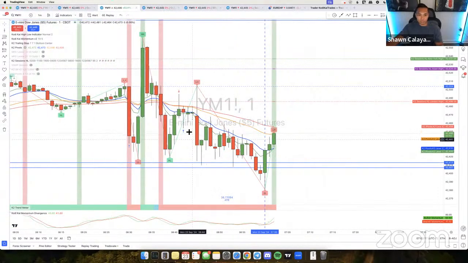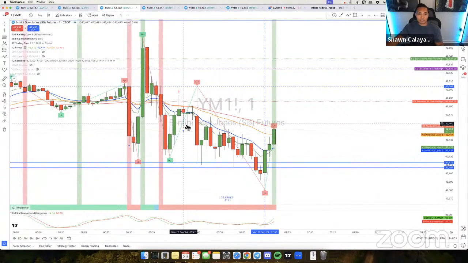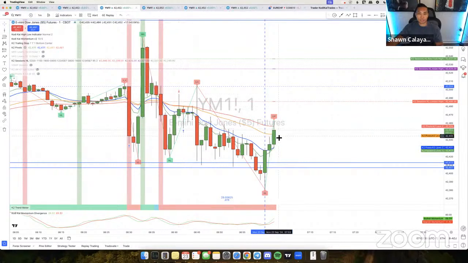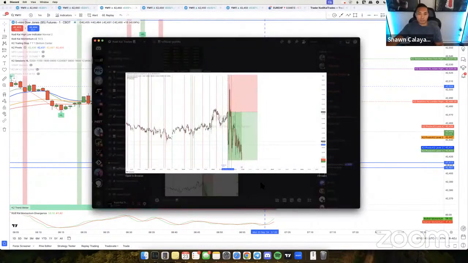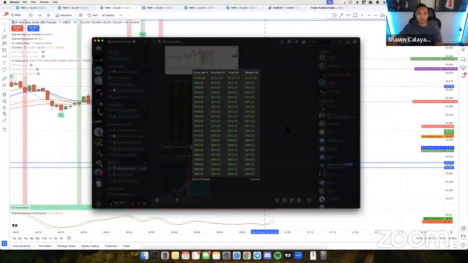The market flow is a little tricky because it's not going to happen the same time every day. It could happen at like 6:40, 6:45, or 6:50. For today, unfortunately, I wasn't paying attention to the chart, so I kind of missed my entry. I got in for a late entry out of FOMO, and I just pulled out early right here. You guys can see my entry. I got in right here, and I pulled out down here. The profits for today are pretty solid. It's a great way to start off the trading week.